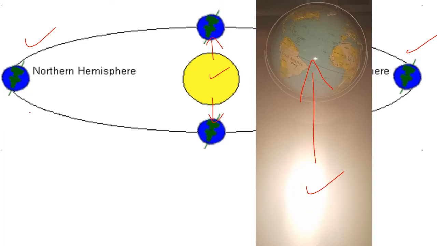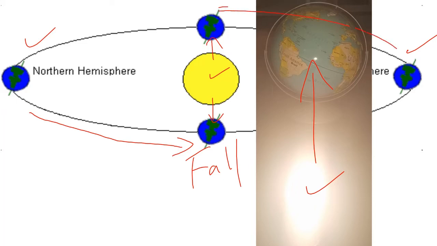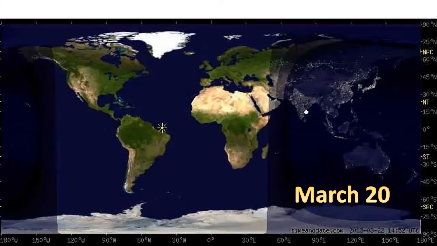Well, if I tell you I'm in summer and I'm going this direction, what comes next is fall. Fall is that day where we're kind of in the middle, in between the start of summer and winter. Same thing going the other way. Go this direction. We know that this is going to be spring, the halfway point between the start of winter and the start of summer. So let's look at March. March 20th is that day. It's that day where we switch from winter to spring.